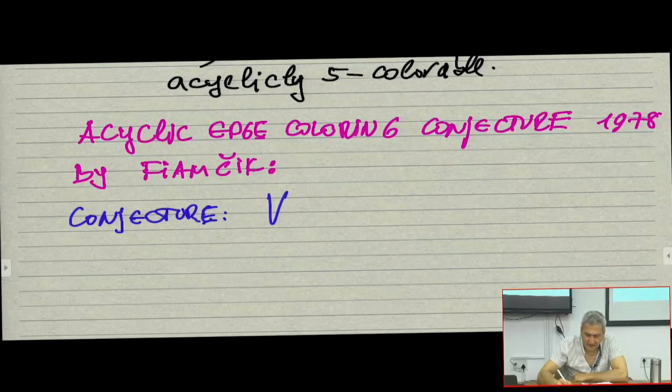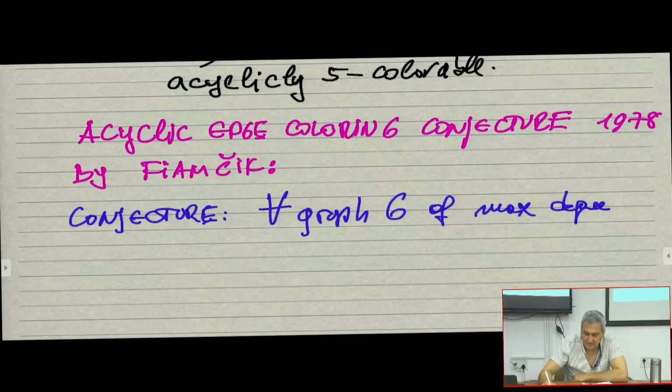Every graph G of maximum degree delta satisfies